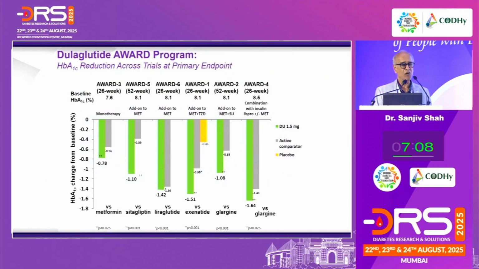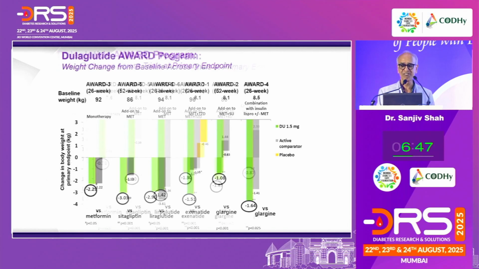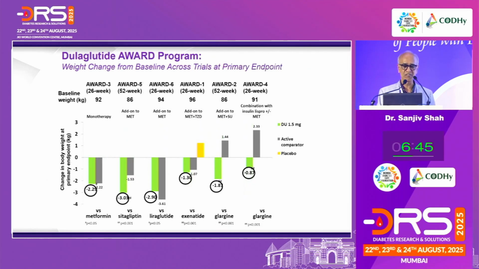Let's examine the AWARD program of dulaglutide, similar to the LEAD program of liraglutide, and this is the kind of HbA1c reduction. Baseline is just 8.1% here and there is up to 1.4 or 1.5% A1C reduction, which is quite decent, or the maximum compared to any other OAD so far. Look at the weight loss. If you are worried, it does not give you more than 3 kg weight loss at a significantly higher baseline weight of 90 kg. So you need not worry.